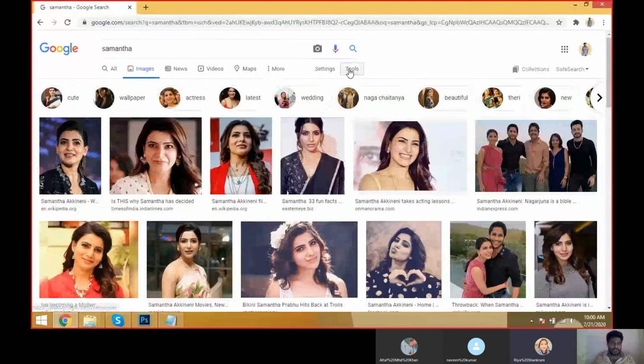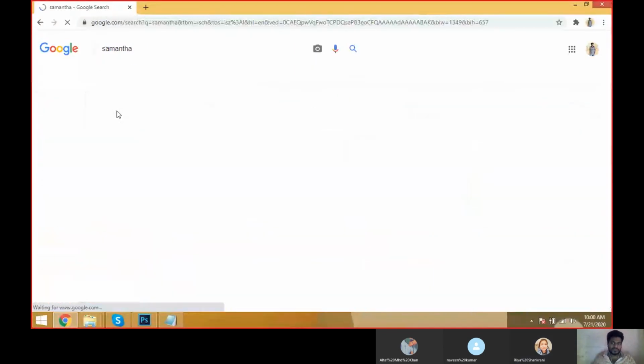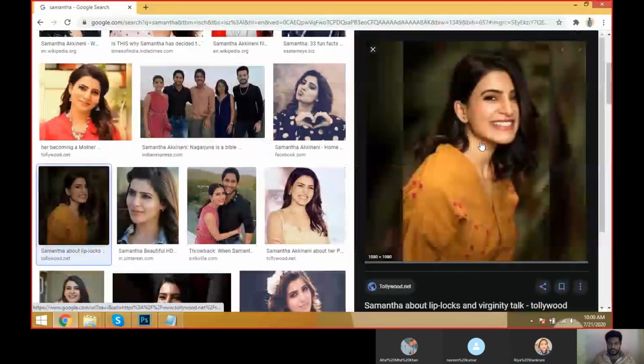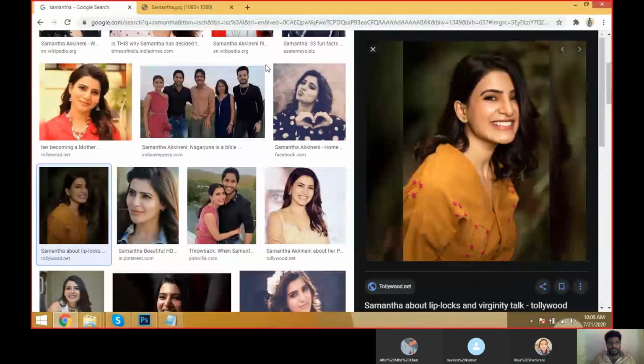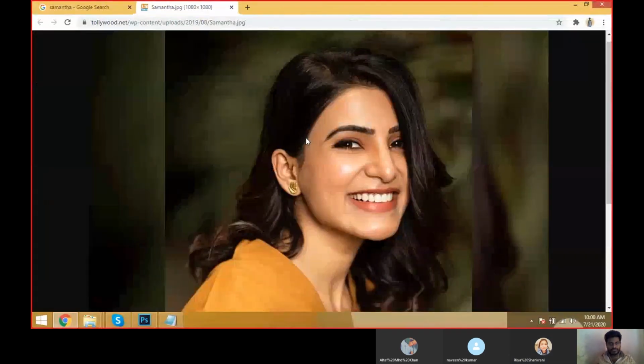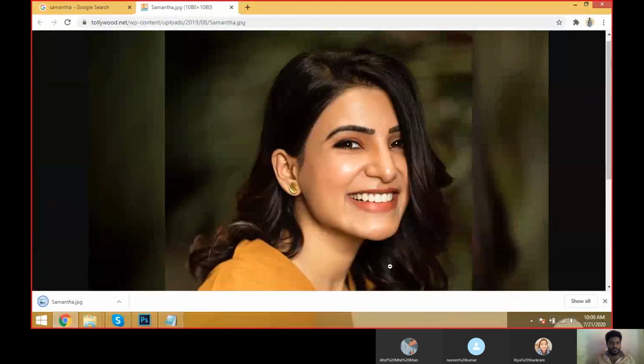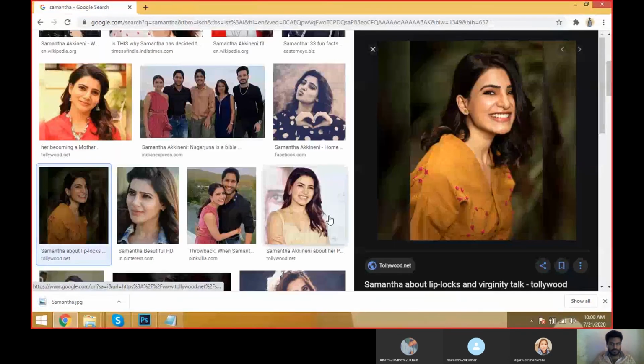The quality is very low. Yes, open the image in a new tab and save it to the desktop. I'm just saving into the desktop only.